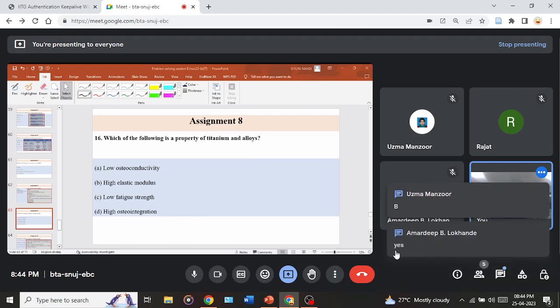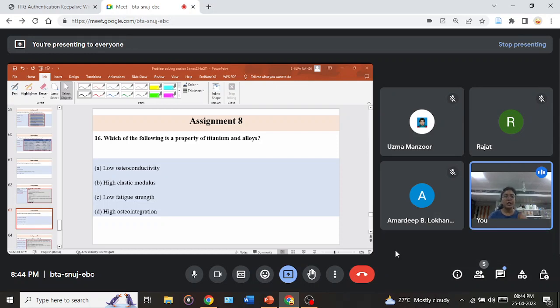B, high elastic modulus. So, Uzma, do you think that when we use titanium and alloys in orthopedics, do you know what orthopedics is? Like knee replacement, for people who have osteoporosis, or in dental applications, do we want the application to have high elasticity? Or for the knee replacement, do we want high elastic strength or low elastic